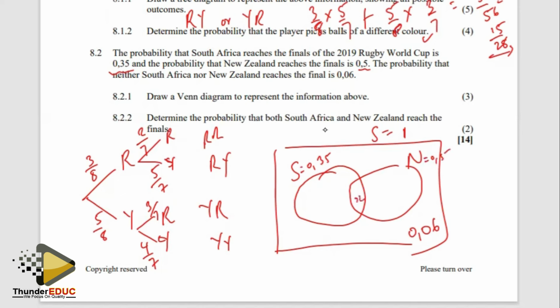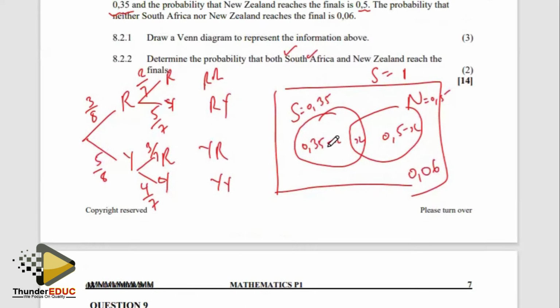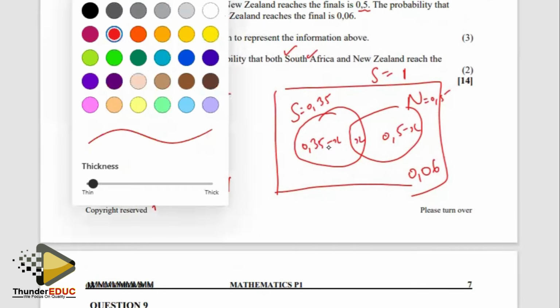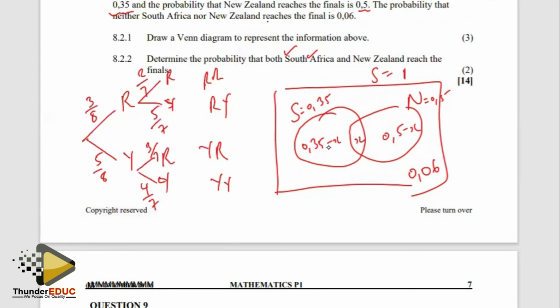So if the intersection is X, it's going to be 0.35 minus X, and 0.5 minus X. Then determine the probability that both, which means we need to solve for X. All right, so that is 8.2.2. For us to solve for X, just add up everything and equate it to 1. So 0.35 minus X plus that X plus the 0.5 minus X plus the 0.06 must give us 1 as the total